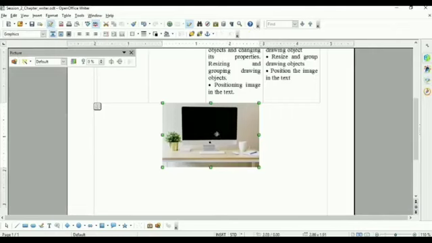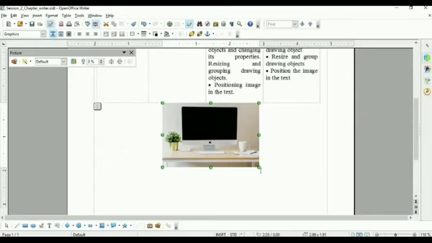Once the picture is inserted, it will show the picture toolbar. The picture toolbar is automatically enabled once your picture is inserted in your document. See this, green dots appear on the border of the picture. These are the green dots.